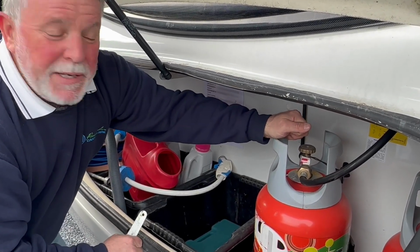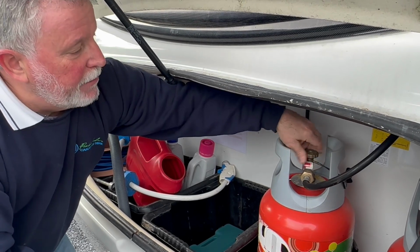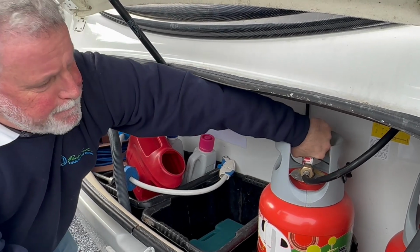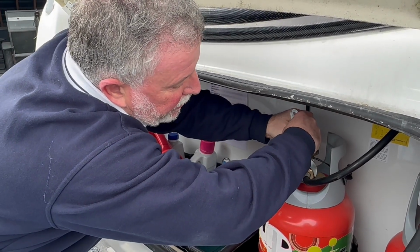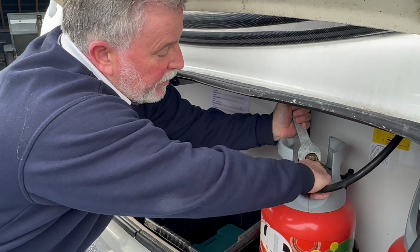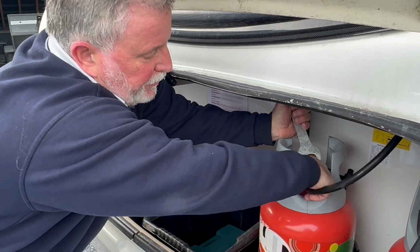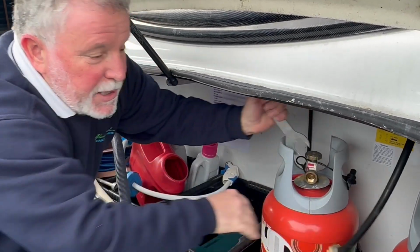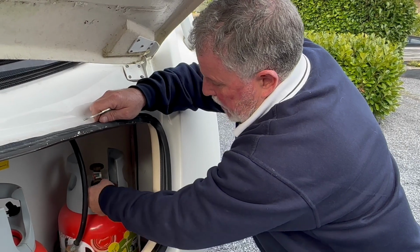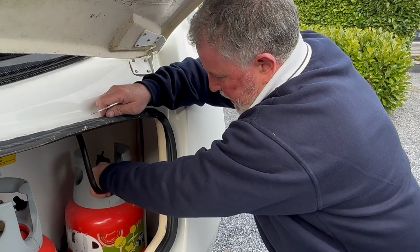If that gas supply runs out, if this bottle becomes empty, which will happen from time to time, then we need to shut it right the way back down so it's completely closed, tight there. We then need to loosen the nut at the front here, which is reverse thread, or left-hand thread, some people would say. Open that completely out, remove that, and we need to move it across to the other gas bottle. To fit the gas lead onto the other new gas bottle, remove the stopper, push that into place,